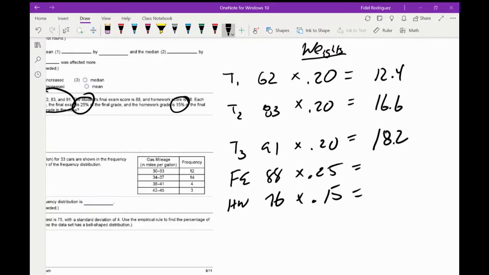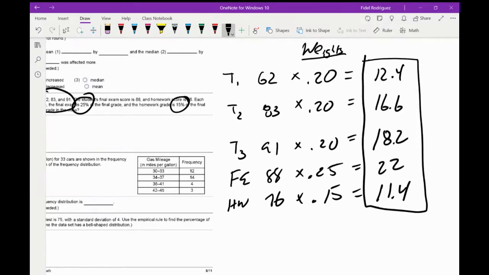The final exam is 88 times 0.25. That's given me the number 22. And then finally 76 times 0.15. That's given me, oops, let me get my pen going. Sometimes it freezes on me, guys. 11.4. Okay, so now I'm going to take these numbers here, and remember how we